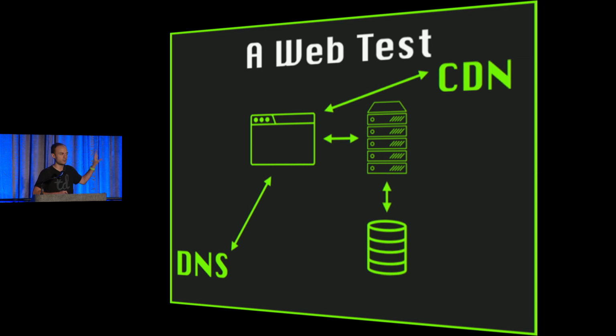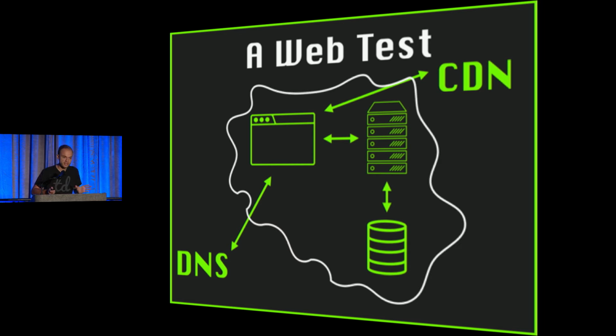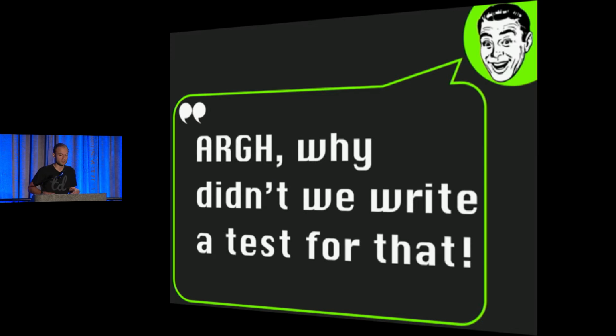And so while they think that what they're doing is maximally realistic, they have defined a border. It's just implicit, of what's being tested and what's being controlled. And the problem with that being implicit as opposed to explicit is that somebody on the team is completely right to ask, whenever something blows up, oh my gosh, why didn't we write a test for that?